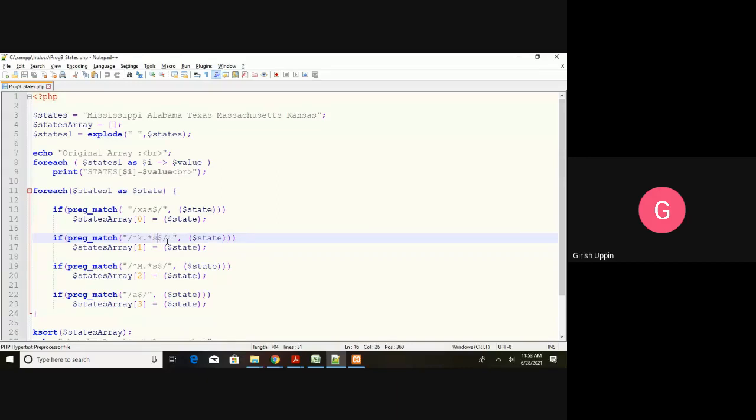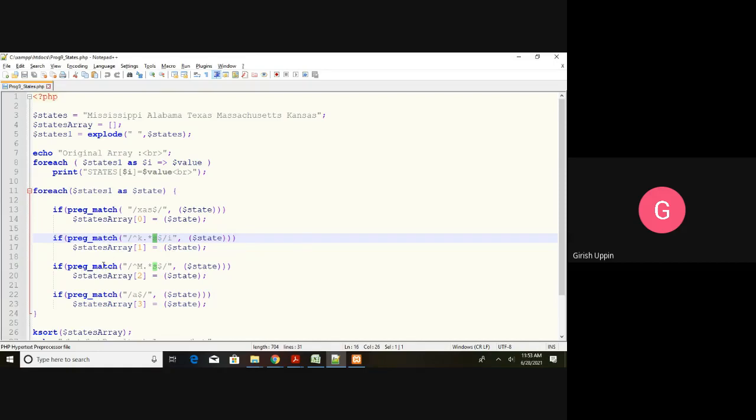And S dollar means it should end with the character S. If this pattern matches the given word, it will return true and enter inside. But the given value is Mississippi, so it won't enter here.